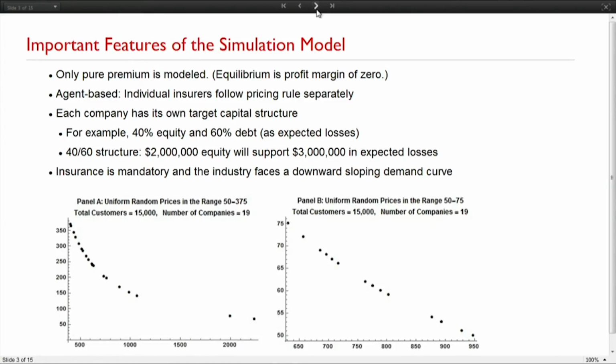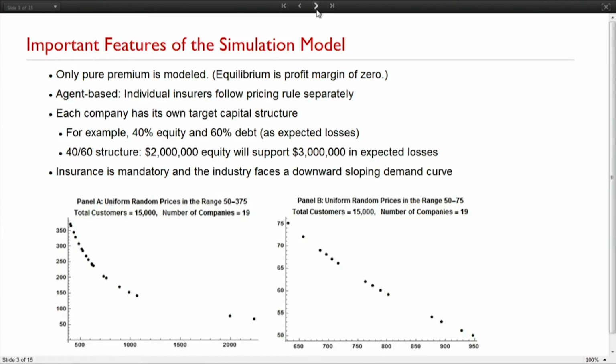So they sell a policy, they immediately create a contingent liability of having to pay a loss. And so in the 40-60 structure, you start off, you've got $2 million in equity, so that means you're going to sell $3 million in policies, because the goal is to break even, collect just enough money to pay losses. So you'll sell $3 million in premium and have a matching $3 million in expected losses. So you've got $2 million in equity, $3 million debt. The insurance is mandatory,